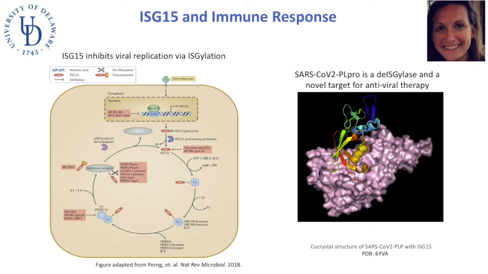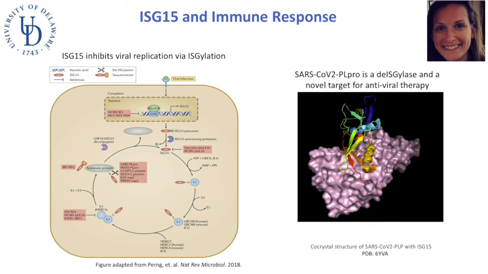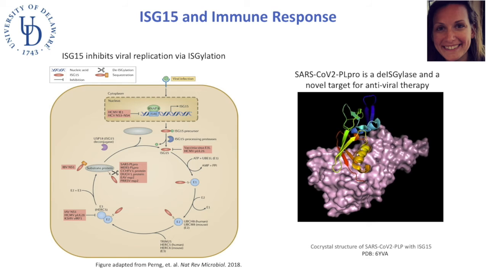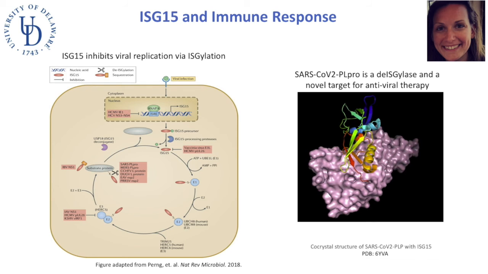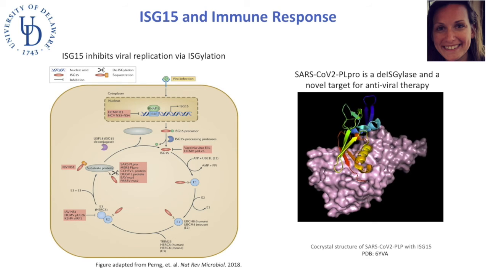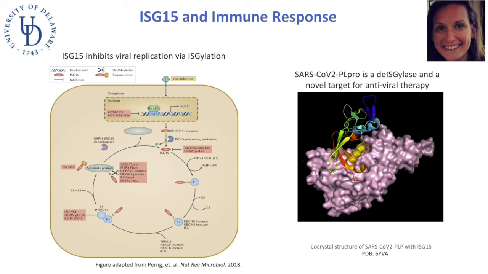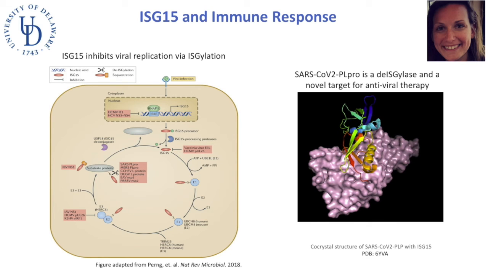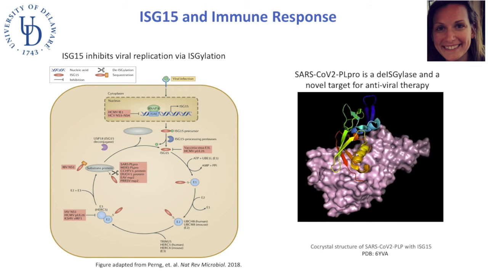SARS-CoV-2 PLpro is the deISGylase in COVID-19. It functions to antagonize the ISGylation process and promote viral replication. With our probes, we are able to study the interactions and activity of this enzyme and use that information to aid in the development of antiviral therapies, such as small molecule inhibitors of this viral enzyme. Through chemical biology and biochemistry techniques, this project aims to elucidate the different pathways and interactions that ISG15 is involved